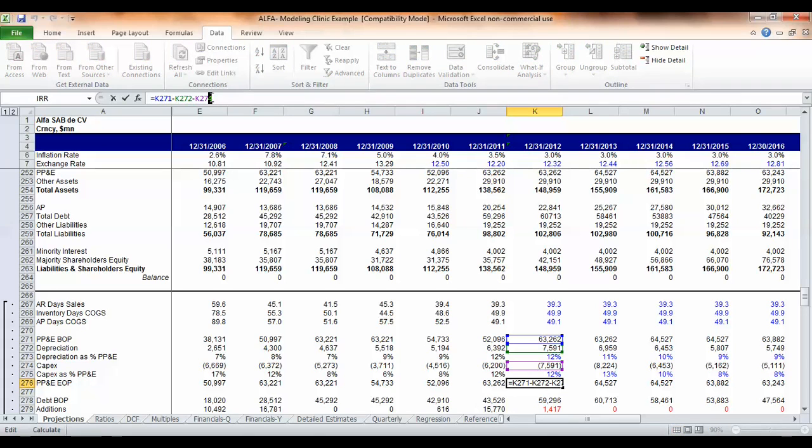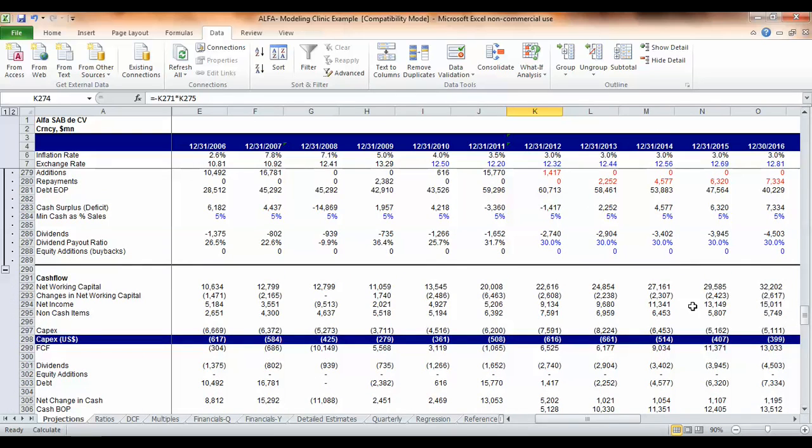So therefore, you have your beginning of the period balance. You have the depreciation that has been charged and has gone through the income statement. So that you deduct that from the asset base. And you increase your investments during the period. So you add that to the asset base. And with that, you have the ending balance for the property, plant, and equipment. So we have two or three connections here. One I already showed you, depreciation goes back to the income statement. CapEx goes to the cash flow statement. We scroll down, you see here that capex line in the cash flow is equal to line 274, and the ending balance